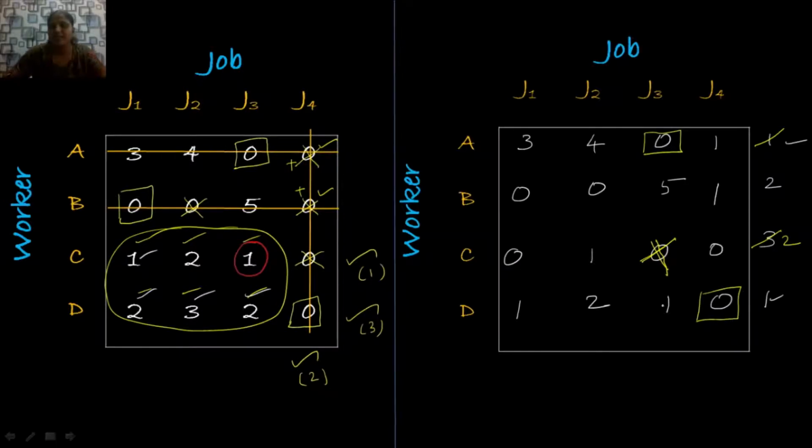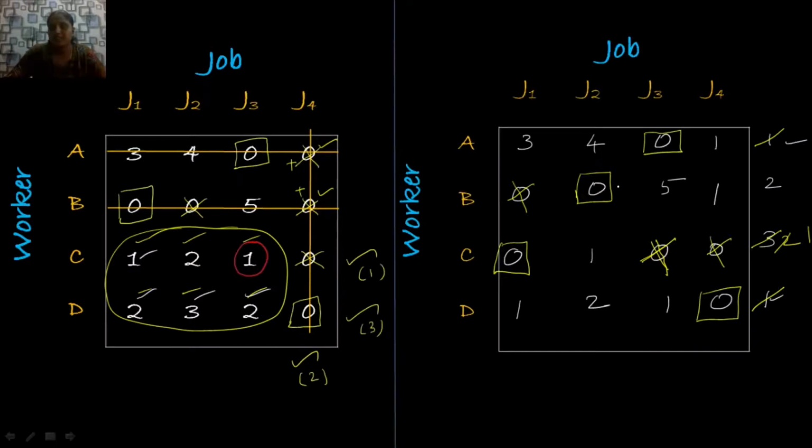After making assignment, cross the remaining 0 elements in the same row and column. Row wise it doesn't have any 0, whereas column wise it has only 1 zero, so cross the 0 element. Now second row has 2 zero elements, whereas third row has only 1 zero element. So I am going to make assignment for the third row first. So after making assignment here, you cross the remaining 0 elements in the same row and column.